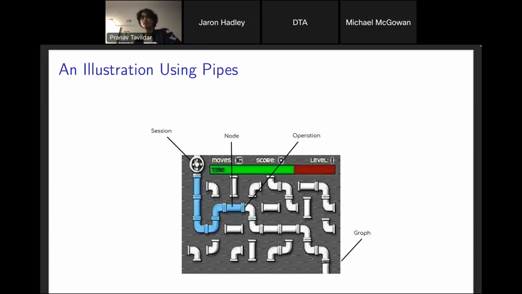If you click on these pipes, they rotate, and basically you're trying to redirect the water flow. So imagine this valve is closed shut. That's where we're beginning. In TensorFlow 1, imagine these hold the data, but the data set is coming from the session object, and it's traveling through the nodes, and it's being transformed by the operations. The operations being the connections between the pipes, the way that you can turn the pipes. And this whole structure is called a graph.